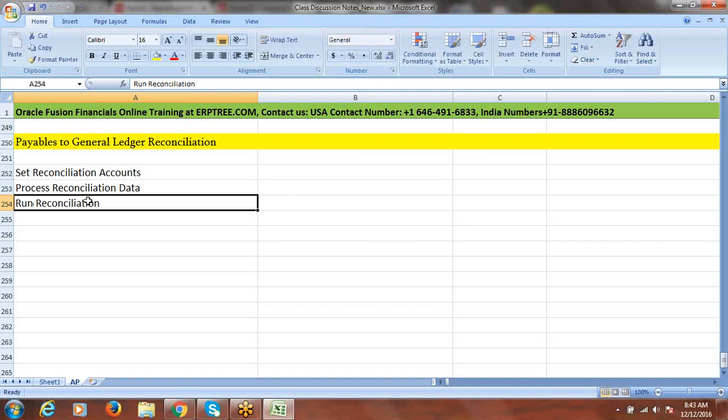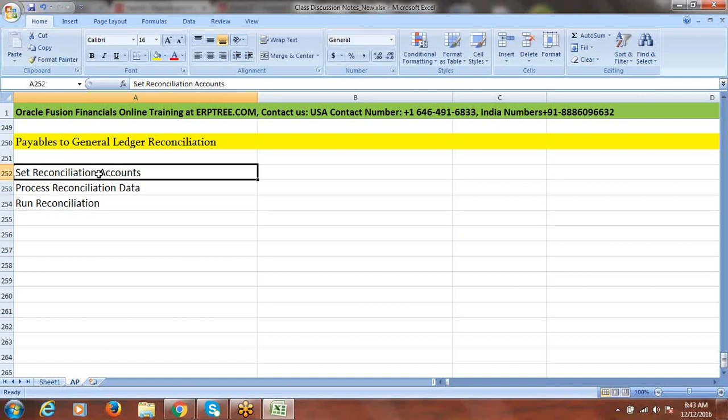We have to set which accounts we are going to use for reconciliation, and for which application the reconciliation is. We can set this from the value set. When you create the values, we have value attributes. Out of those we have attributes called financial category and reconcile. You have to set reconcile to yes, and set which financial category the account value belongs to.